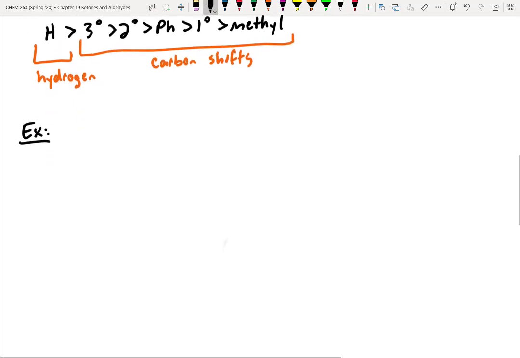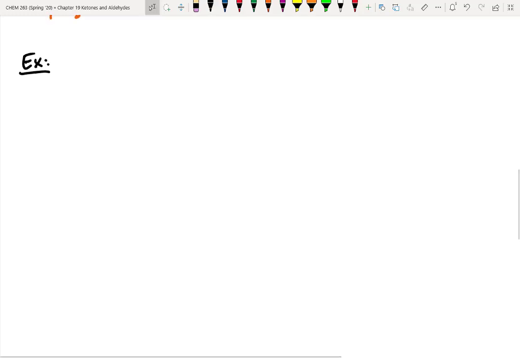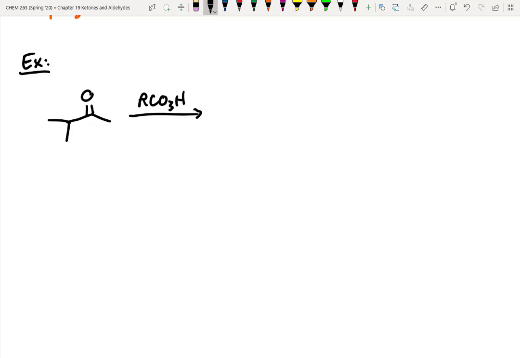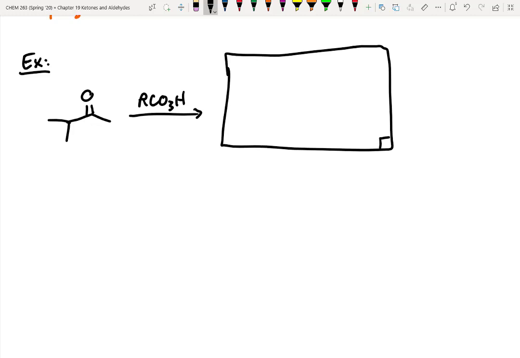All right, let's take a look at this situation. Let's say we've got this ketone, and I'm just going to say RCO3H. We're going to abbreviate that peroxy acid. The question I have for you is, what would this product look like? I'll just make it worth 4 points. And we could say, will the oxygen insert here, or will the oxygen insert over here? And so what I would do is I would look at this and I'd say, well,